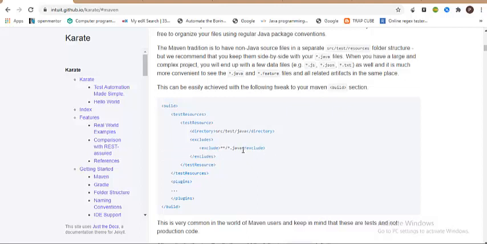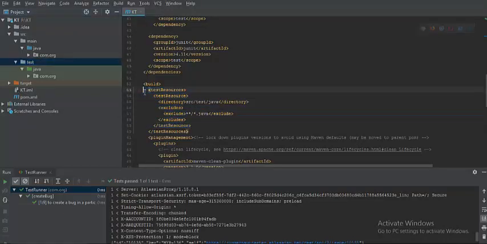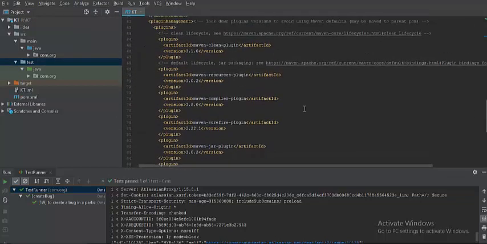So that is the understanding of this, guys. That is the reason I've added this test resources to my pom.xml file, and I have the Maven Surefire plugin and the Maven compiler plugin of latest versions. So this is an overview of a project, how you should create it.